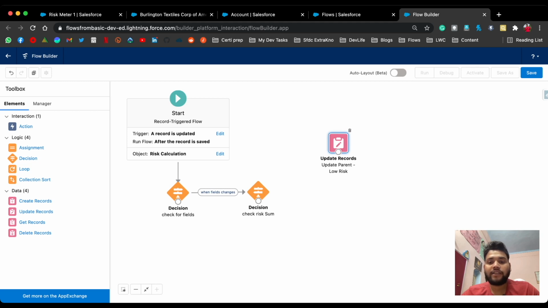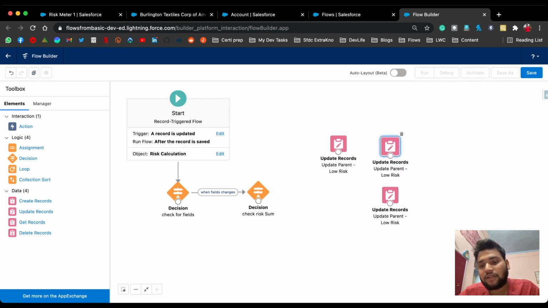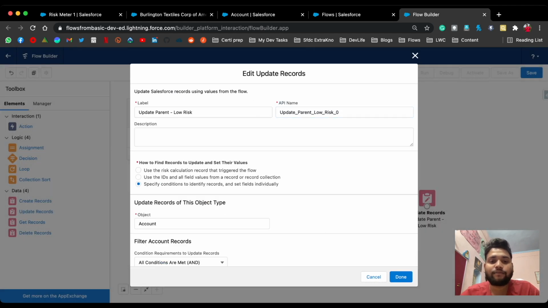Now we need 3 update record elements on the basis of low risk, medium risk or high risk. So let's click on this update record element and click on this duplicate button. So now you can see we have 3 update record elements. Let me edit it. So it is medium risk. Let's remove the API name and again click anywhere, it will automatically populate it.